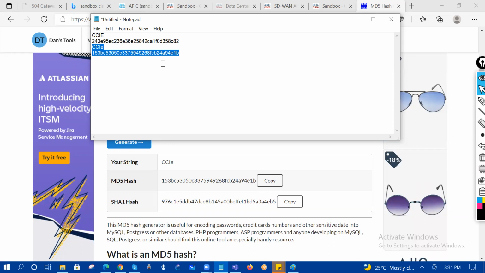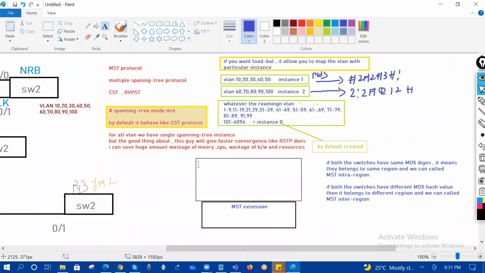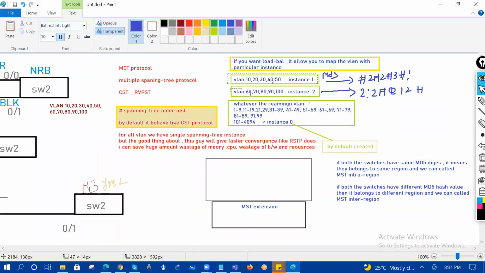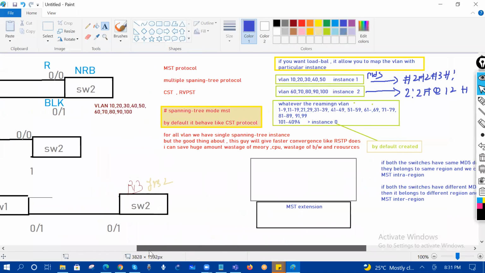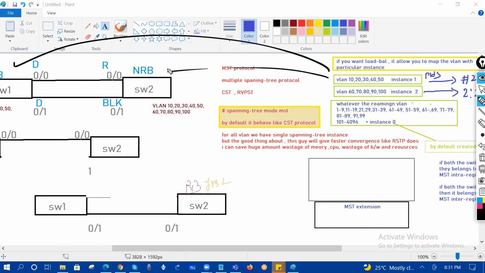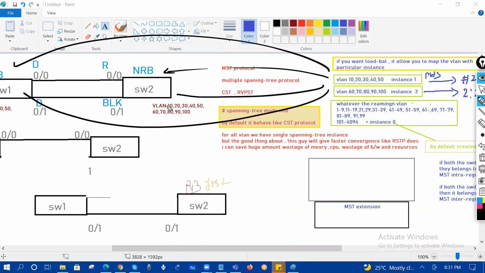Any mapping. So it means that this mapping that I'm going to create here, guys, this mapping that I've created, instance number 1, VLAN numbers 10, 20, 30, 40, and this mapping I've created, this has to be the same, right, on both the devices, switch 1 and switch 2. Same thing, switch 1 and switch 2. If you want to make these two guys in the same region,